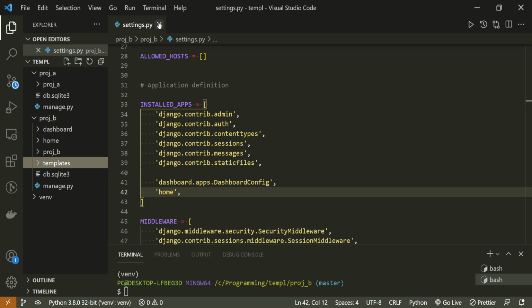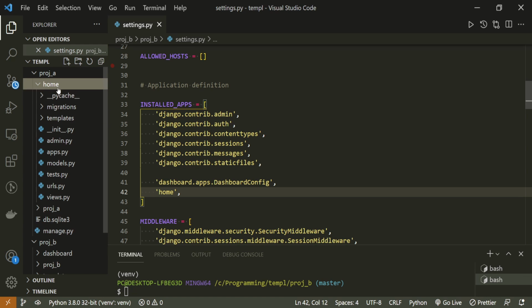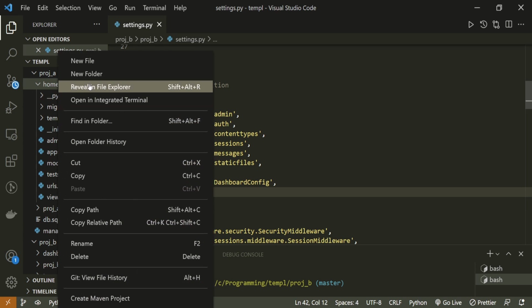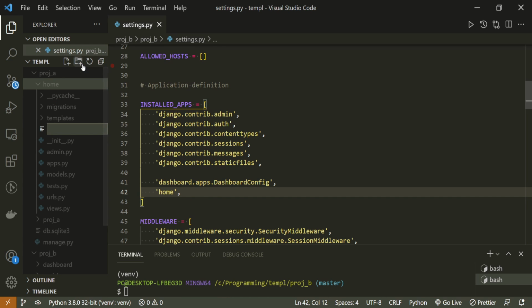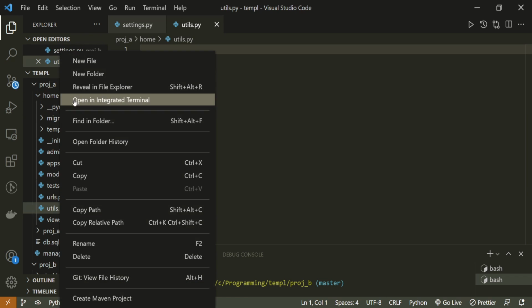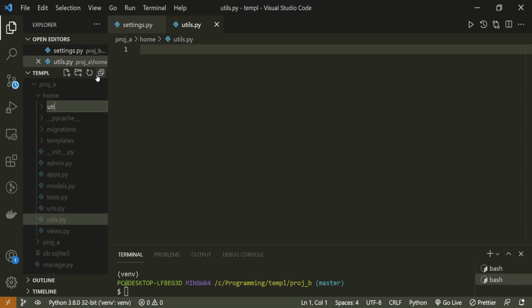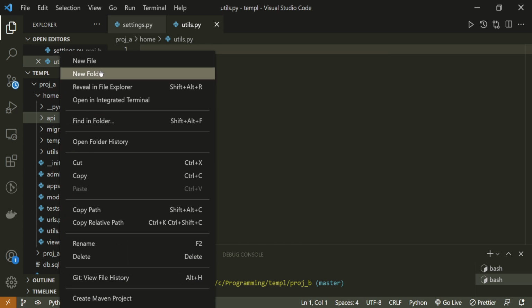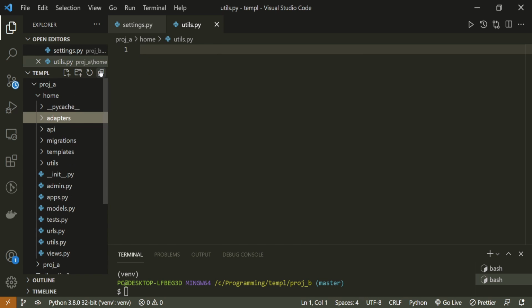What are the cons of it? I guess the cons would be that if you have your home app and you have the templates, it can get buried a lot as the project gets bigger. So let's say you have more files, utils.py and things like that, but not even that. You have the utils folder, the API folder, adapters, tests. Trying to navigate your way through all of these things as it grows